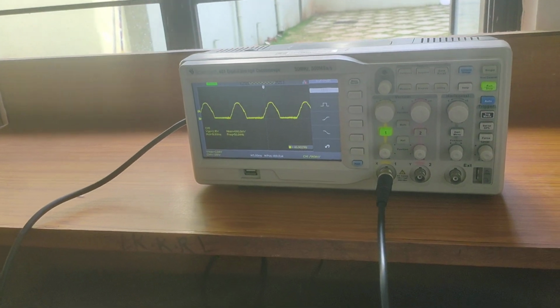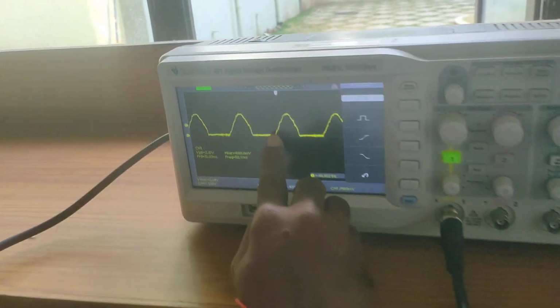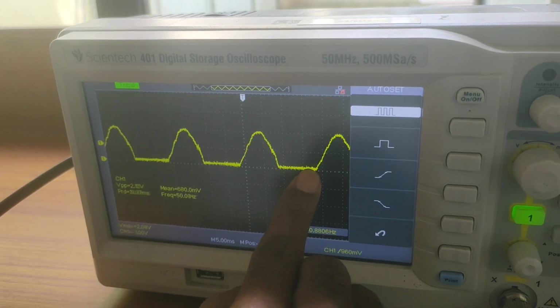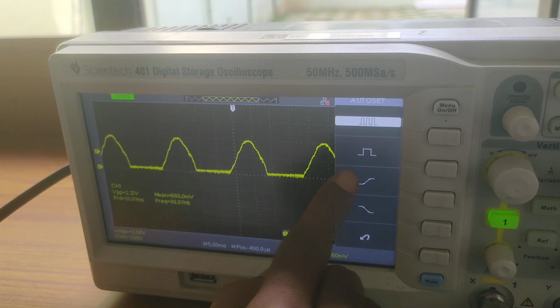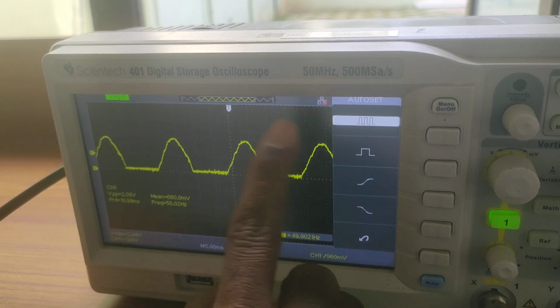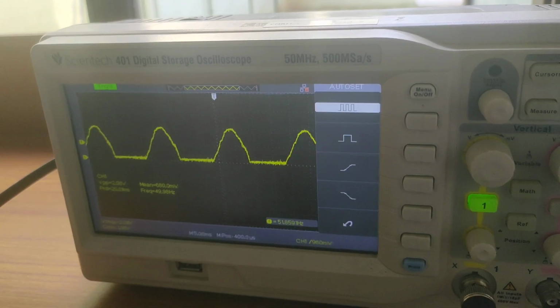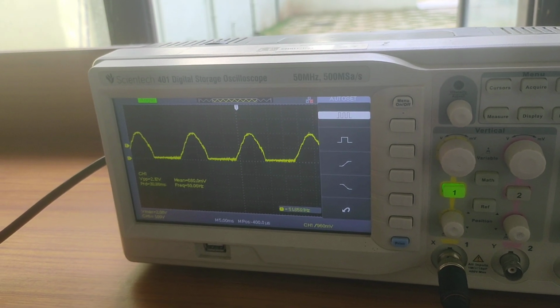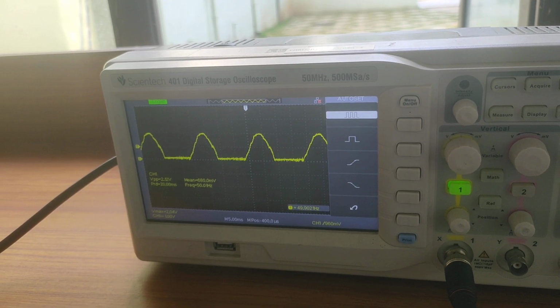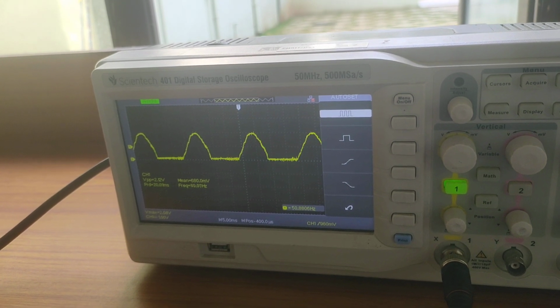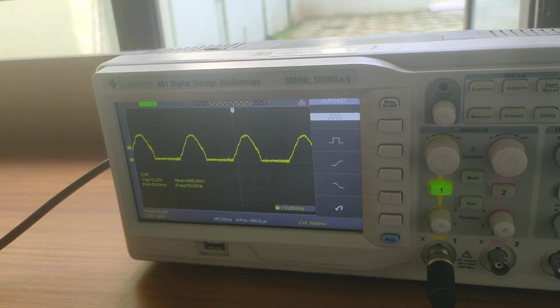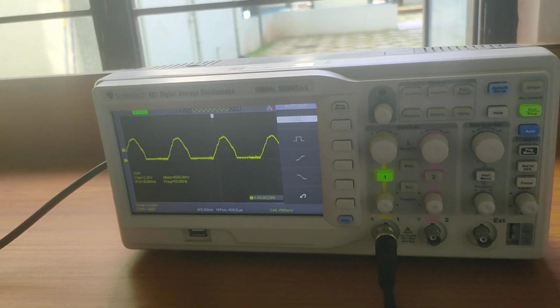Now the output of the rectifier is, see here, output voltage present only in the positive half cycle; in the negative half cycle, output voltage is 0. Similarly, again in the positive half cycle output voltage is present, again in the negative half cycle output voltage is 0. That means in a half wave rectifier you get output voltage only during the positive half cycle. Hence the name half wave rectifier. Output voltage or output current is present only in one half cycle.